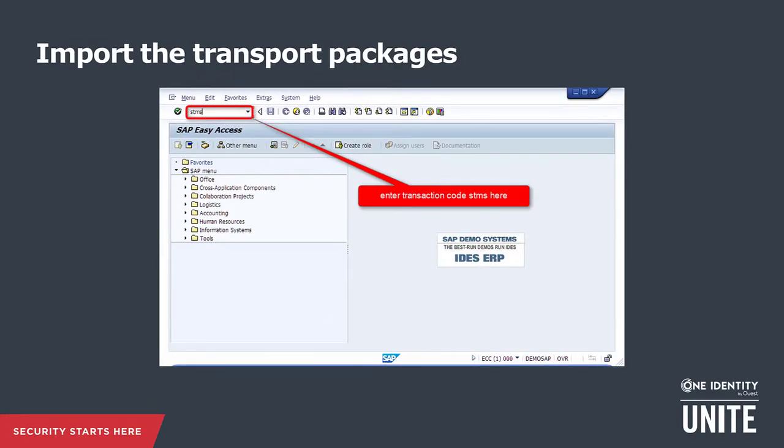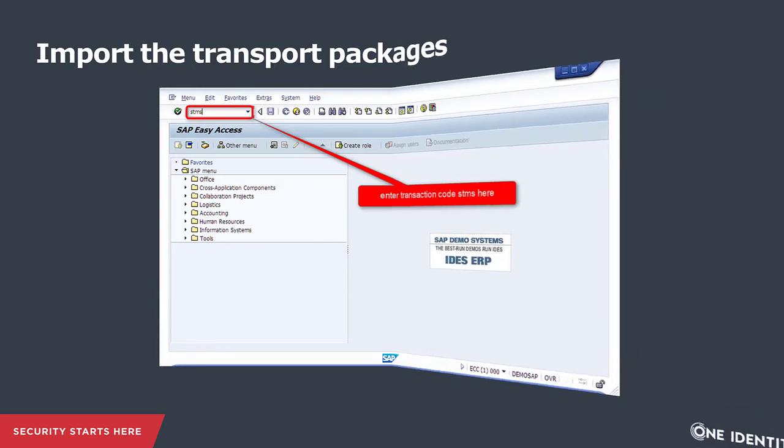Once we have verified that the system is supported by the SAP connector, we need to apply the One Identity Manager BAPI modules to the client we are going to connect to. In order to do this, we need to import transport files. These transport files are provided with the One Identity Manager software distribution and can be imported using the SAP transaction STMS. This transaction requires special permissions and will normally be performed by the SAP base team of the customer.